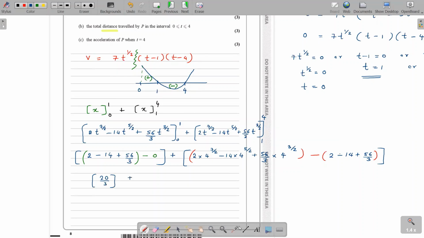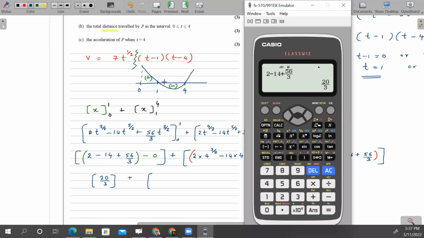I think the second bracket, I will definitely expect to see a negative answer because it's from 1 to 4 and my graph says that it will be negative. So I get here